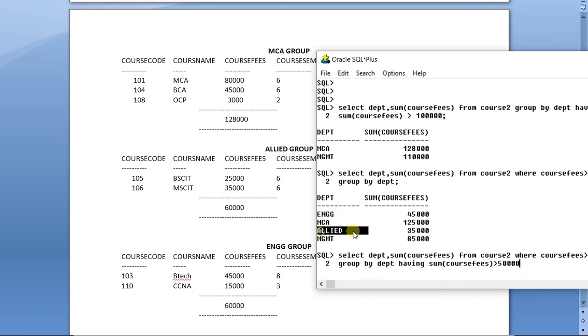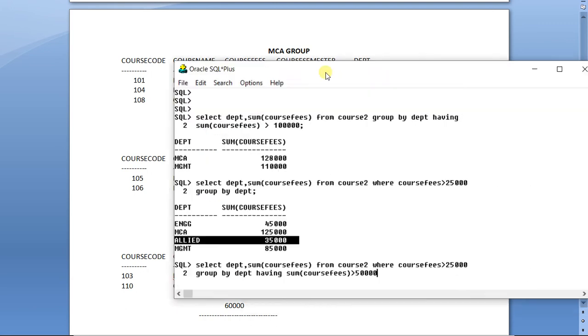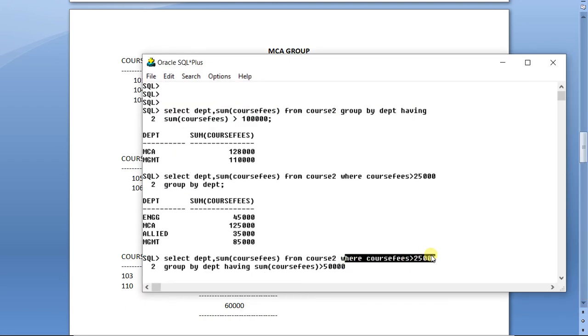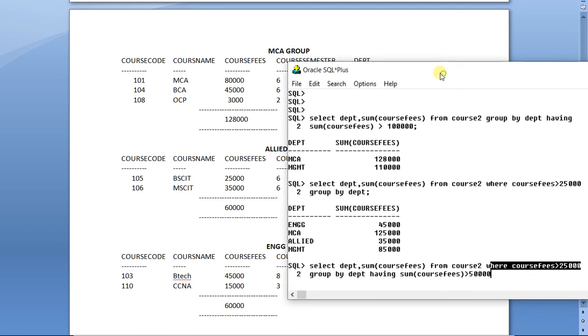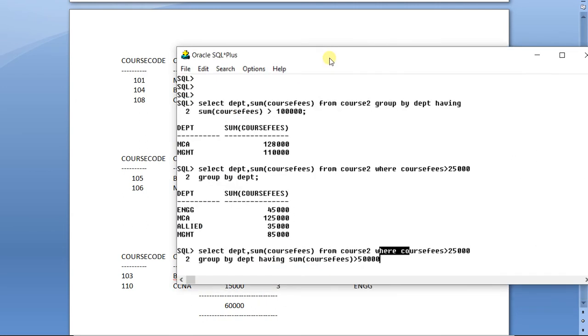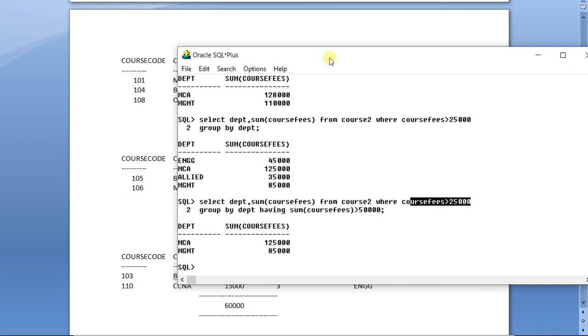Similarly, this total will be stopped. As you might remember from the previous example, having creates the group but restricts the group output, whereas where stops a record from going into the group. So how many records will be displayed? Right, 2 records will be displayed.